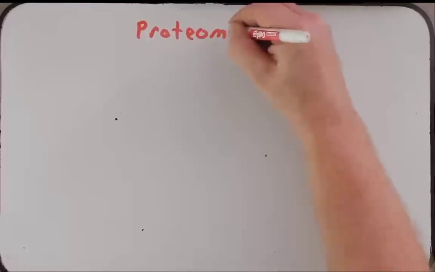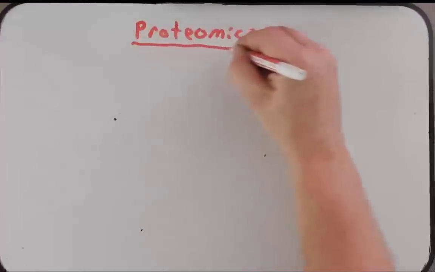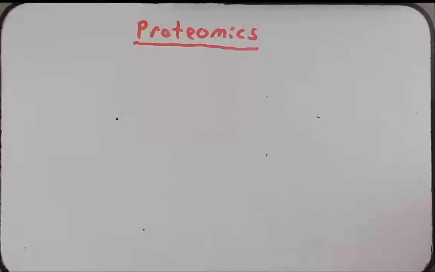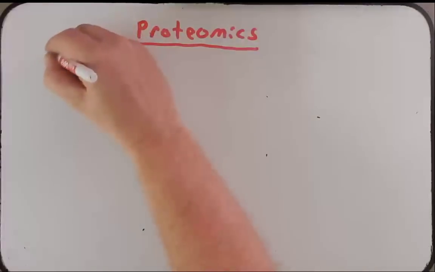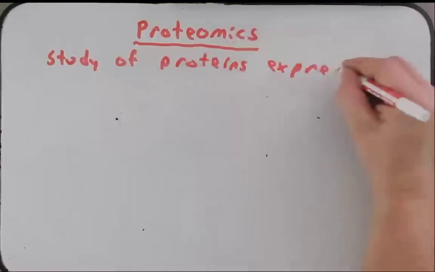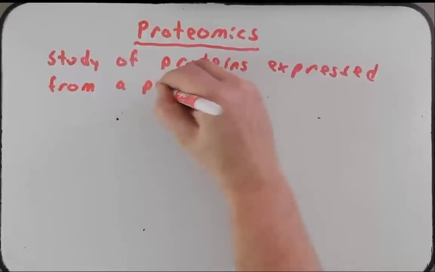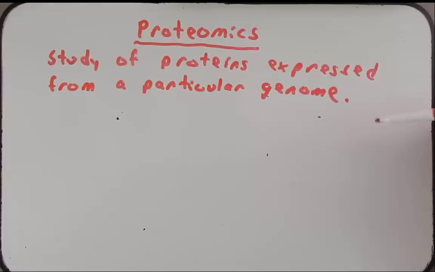The last thing I want to talk about on this podcast is something called proteomics. I'm not going to say a whole lot about this, but I would like you to know what it is. Just like genomics is the study of the DNA sequence within an organism, and transcriptomics studies the RNA in individuals, proteomics is the study of proteins expressed from a particular genome. Much like transcriptomics, proteomics will give us a hint as to which genes are actually being expressed in specific tissues. So this plays closely with our understanding of transcriptomics. But that's all I really want you to know about proteomics.